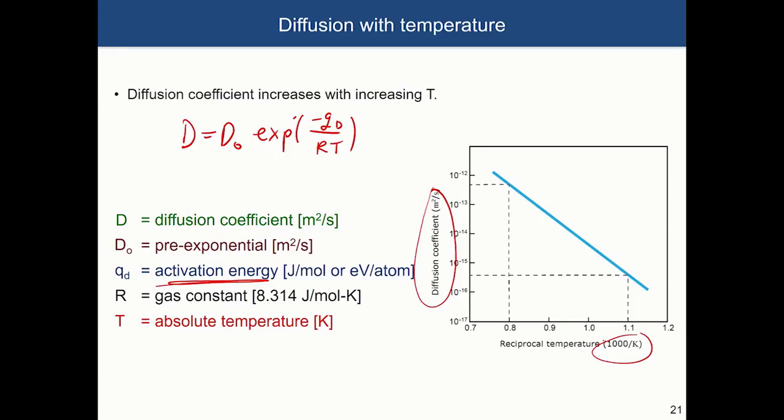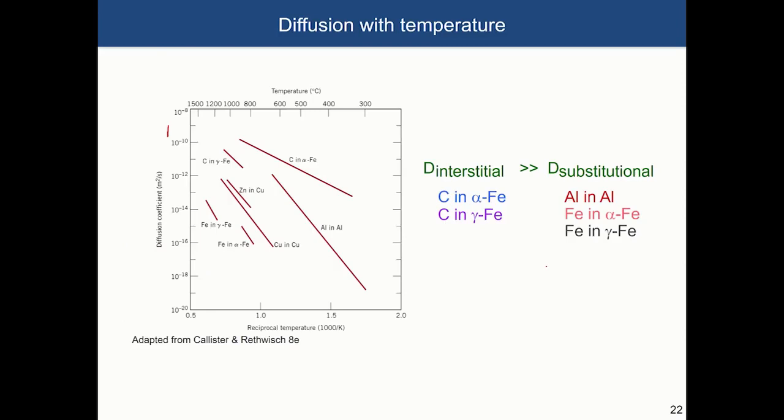Okay, so I would just like to mention one particular example where this becomes very important. And you can even think about how these diffusivity or diffusion coefficients happen and how they depend on, for example, different atoms. In this particular example, you can see that the diffusion coefficient for interstitial atoms, an example would be carbon in iron. Carbon is a very small atom, and it can really move throughout the iron material very quickly. And for that reason, the diffusion coefficient is relatively high in comparison to the diffusion of substitutional